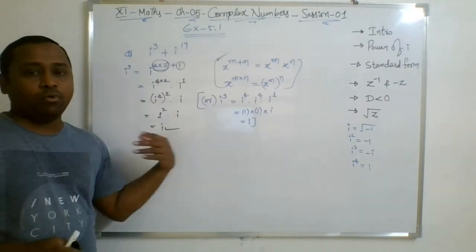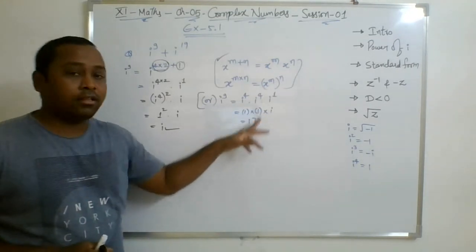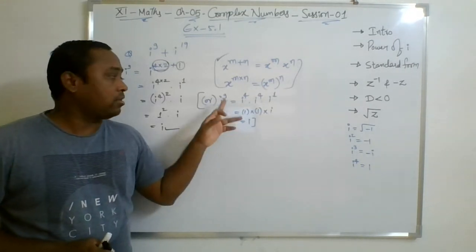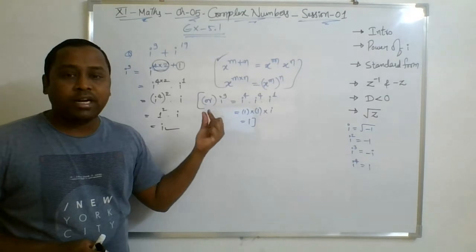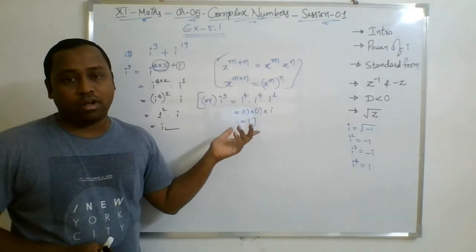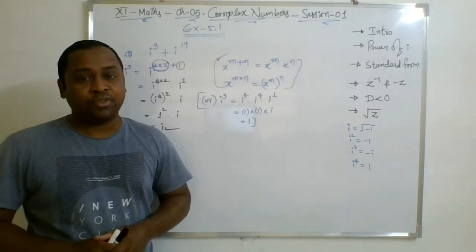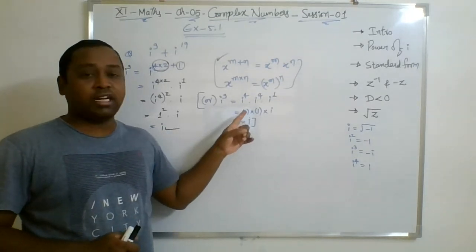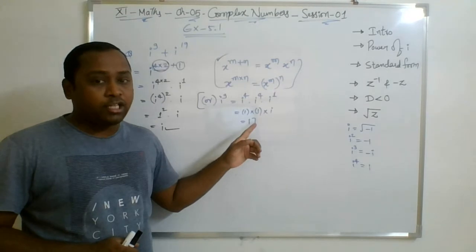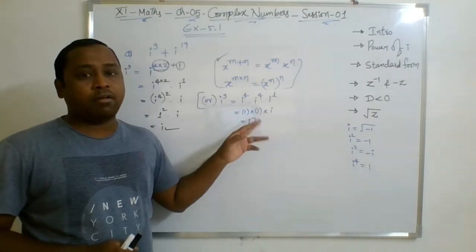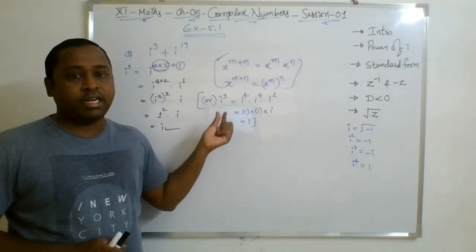Anyway you can move, but ये मेथड तब वर्कआउट होगा जब इसका पावर 1 डिजिट या मैक्सिमम 2 डिजिट होगा. अगर मैं दे देता हूं I power 439, so it is not possible to write in this way, but it is possible when the power of I is a smaller digit.